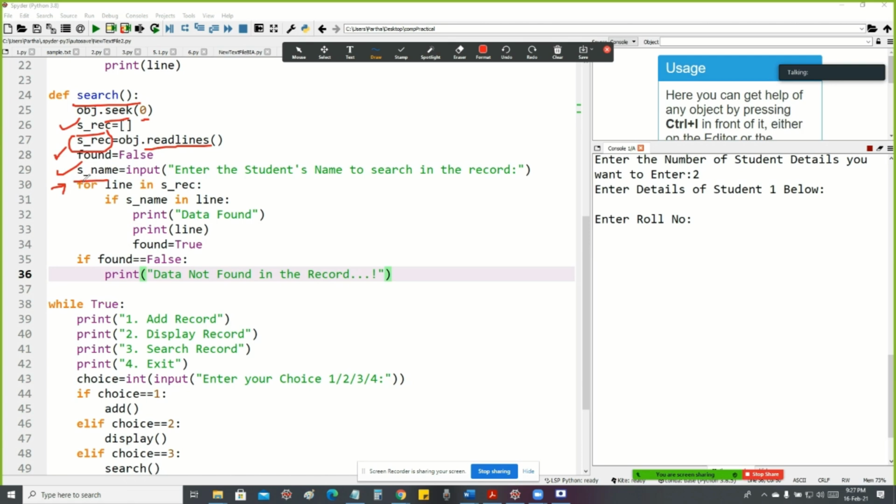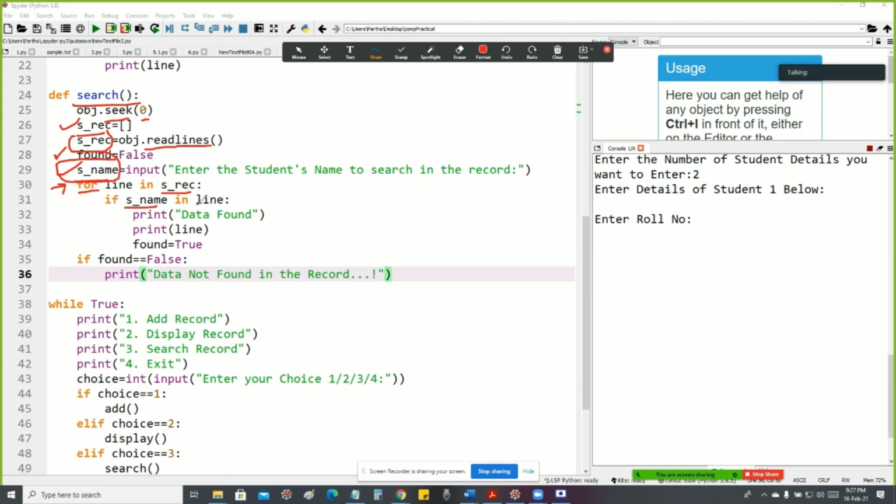for line in srec. Here srec contains all the student information. The variable line will access all the student details one by one with the help of the for statement. Inside the for loop, I'm using the if statement: if name in line. Here name is the user's entered name.